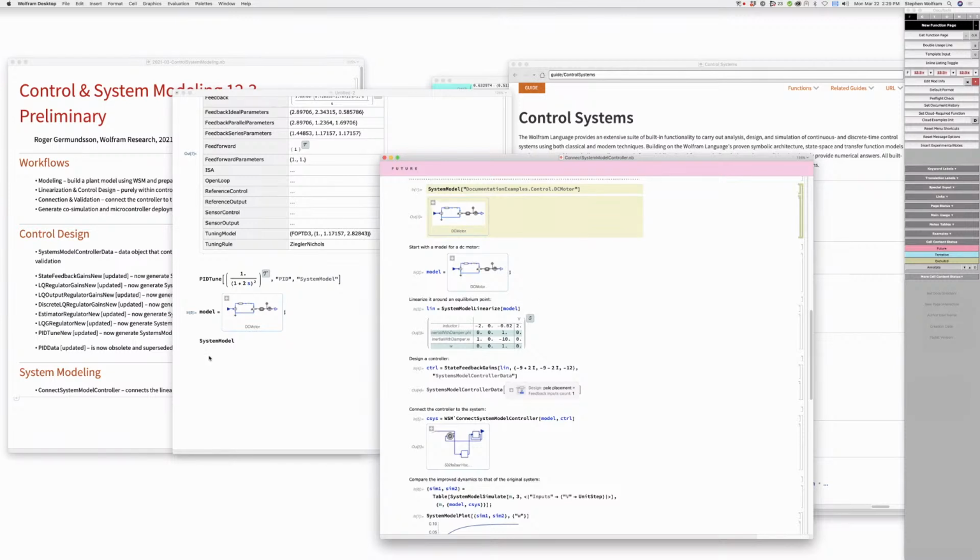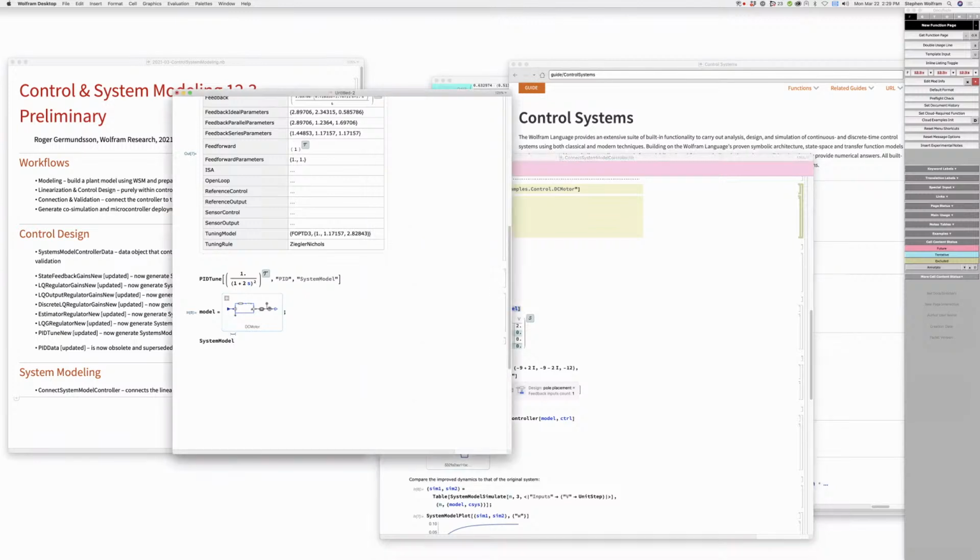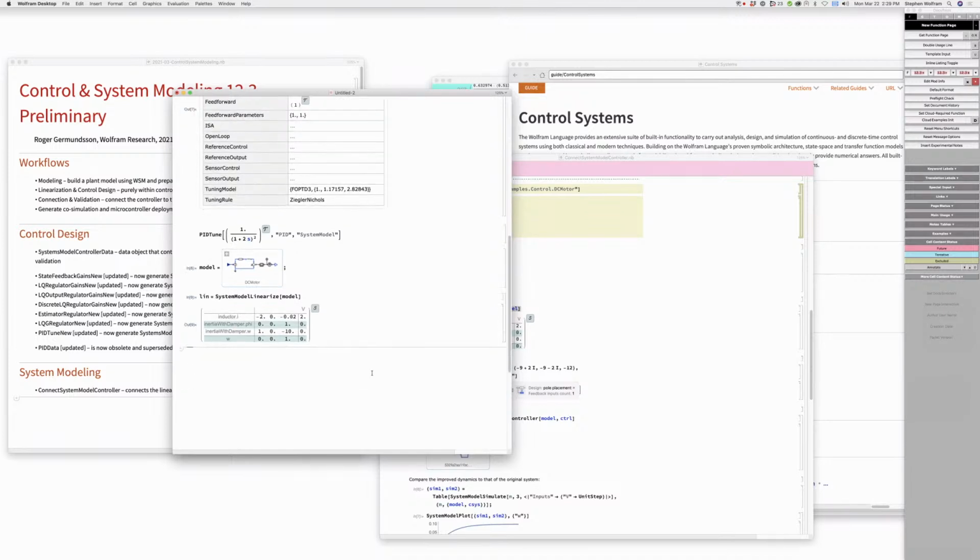All right, so now let's look at this. This is now taking this model and linearizing it. So for example, could I plot the unlinearized model? Wow, okay. By the way, that progress dialog does not follow the modern standard. No, it will be updated for 13. Okay, so could I, for example, plot, if I do system model plot of %8,